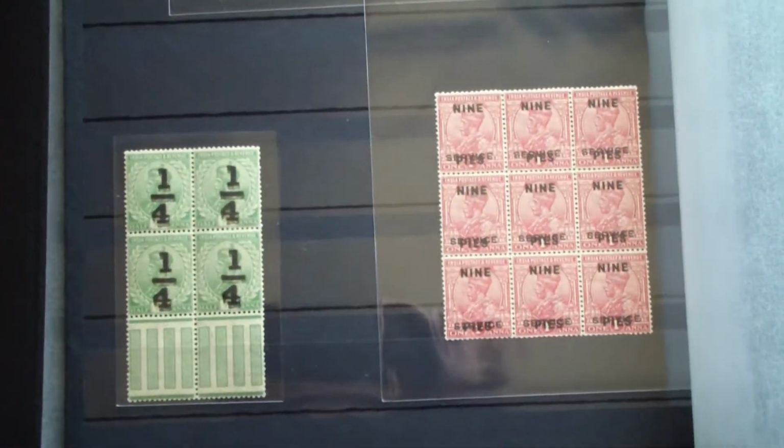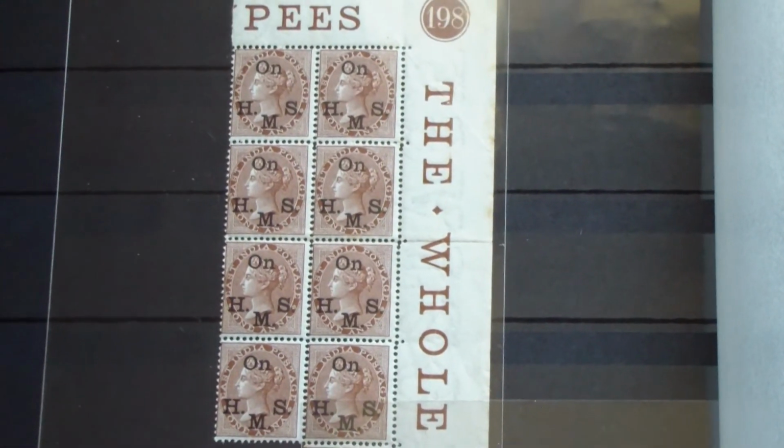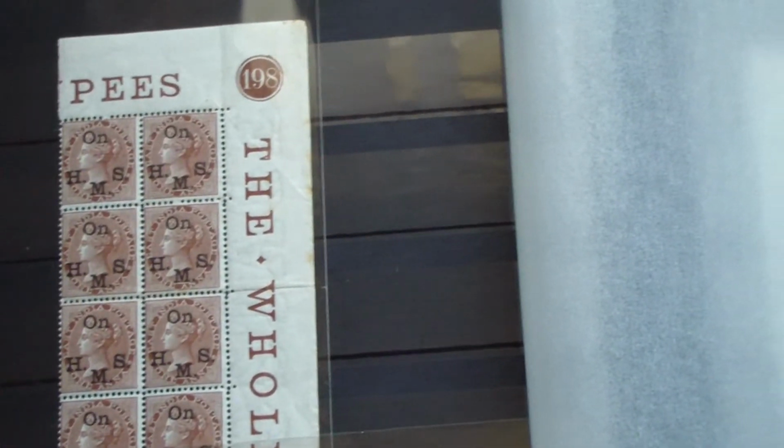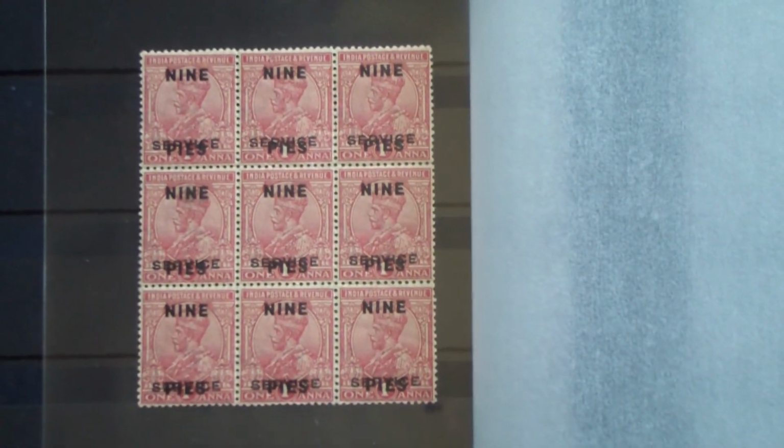Okay, coming to the close. Here is 1/4 on a double surcharge signed by Joel Cooper. It's a very rare stamp, again in block. Here is the OHMS block. I don't know why I have it in my collection. I will sell it off pretty soon. And here is a variety where the service and the pies